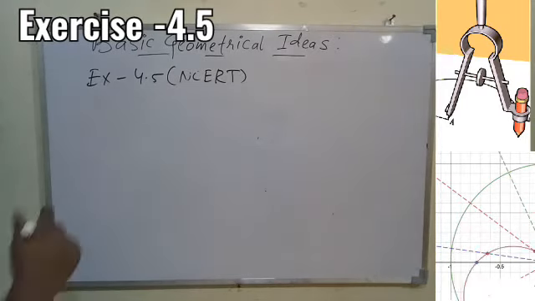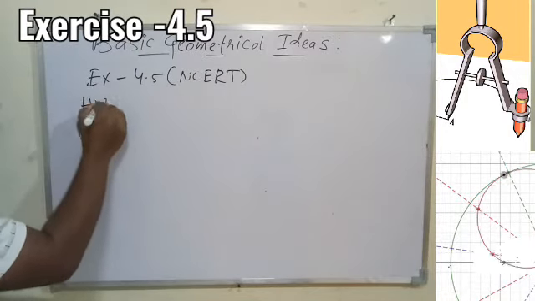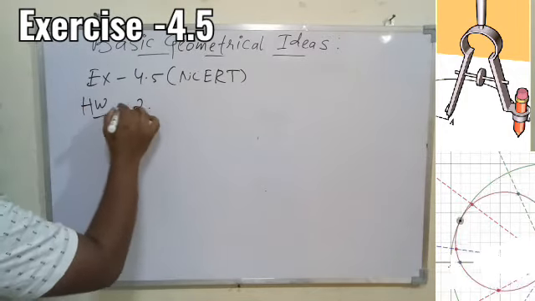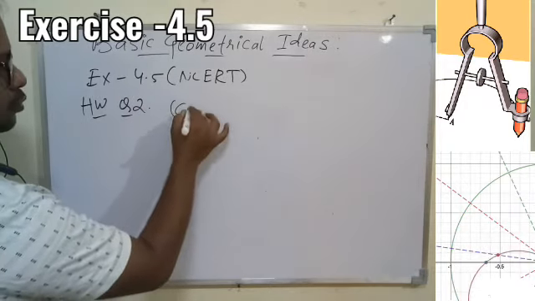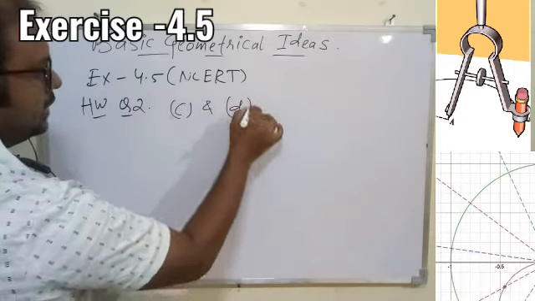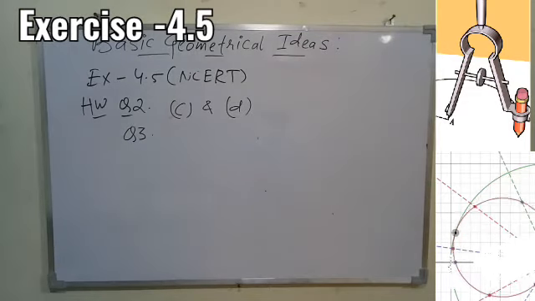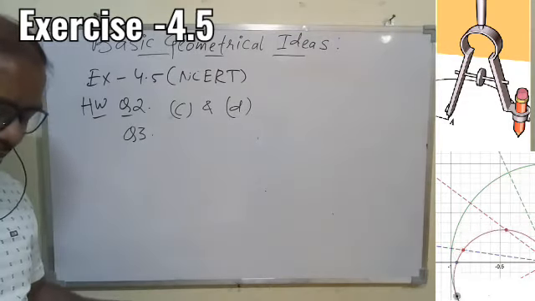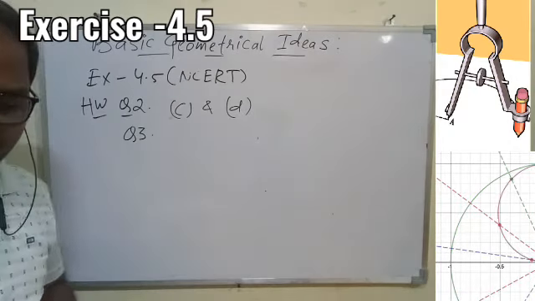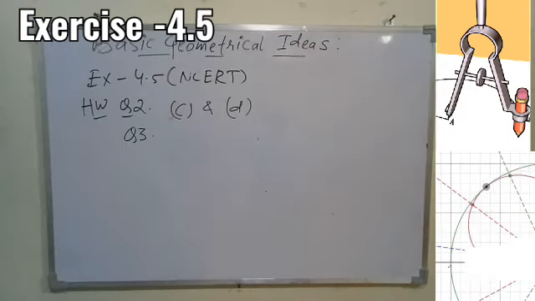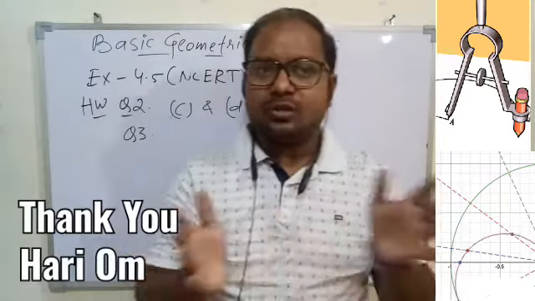So I'm not writing the complete question here. So the homework you have today is question number 2. B I have done. So C and D parts you have to do yourself, and question number 3, complete question. So question 3 is based on some kind of activity that you must try, and with the help of the activity you have to give the answer. So that is all we have today.